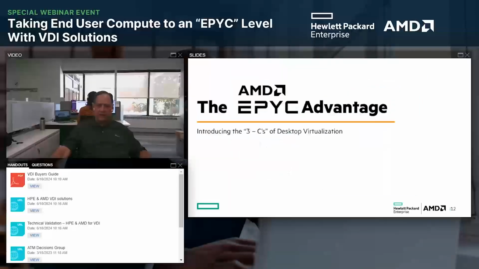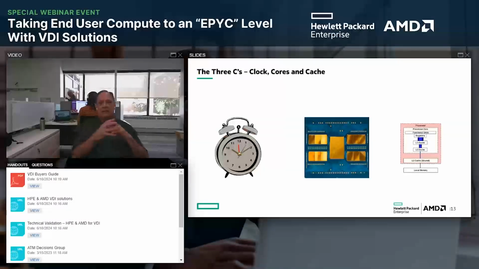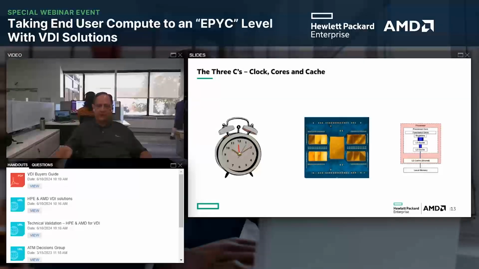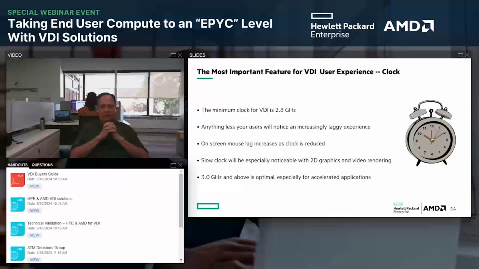Great. Thank you, Pratish. The number of cores is really critical, but more important is a lot of cores at a high clock. I call this the 3 C's of desktop virtualization, and those are clock, cores, and cache. Those 3 elements create a very highly optimized virtual desktop or virtual application server. I want to go through the specifics for each. By far, without question,